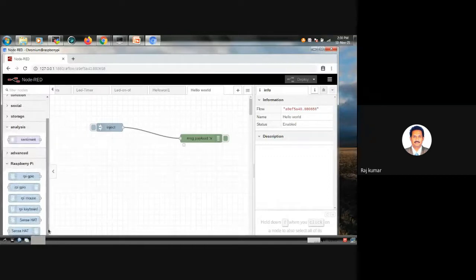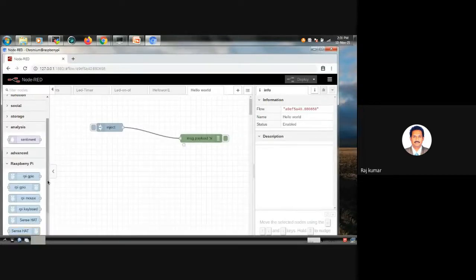When you install Node-RED on your Raspberry Pi, all the important Raspberry Pi related nodes are automatically installed. If you install the same thing on a desktop, these specific Raspberry Pi nodes will not be installed. If you want them, you have to download and install them on the local system using the npm command.